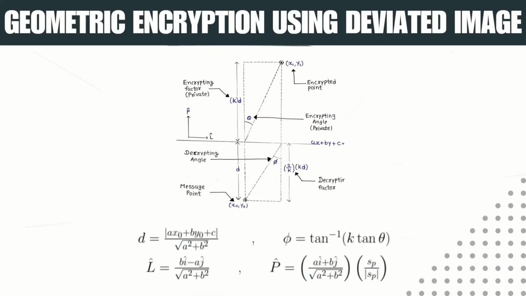Now when the sender wants to send a message to the receiver, he will choose any dimension, it could be x dimension or y dimension, and plug in that value, say b equals 1. Let us take x0, so he'll plug value 1 in x0. Now this is the crucial part: he'll randomly assign a value to y0. It could be any random number that would be very difficult to guess.